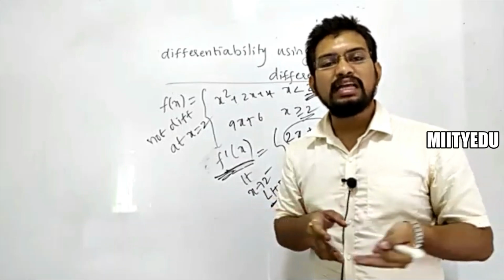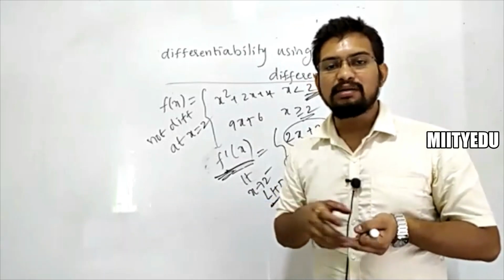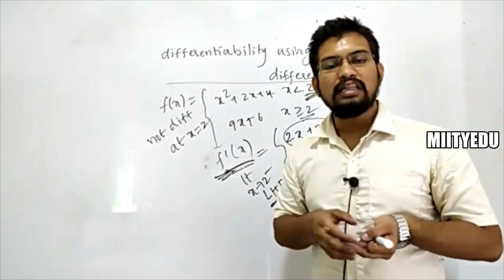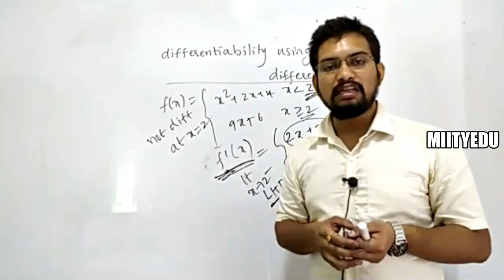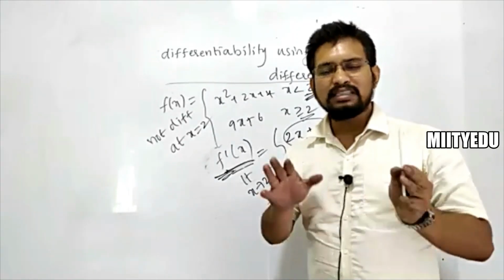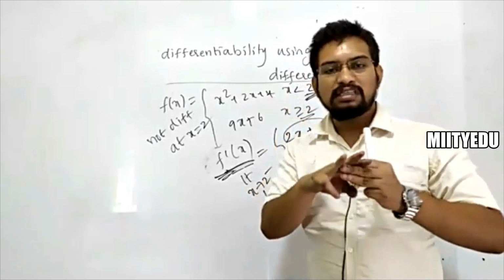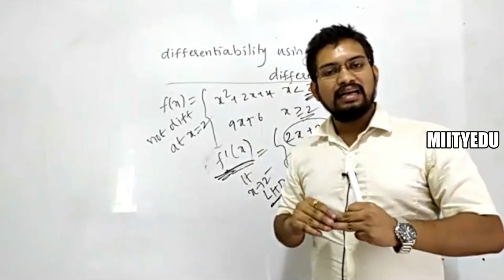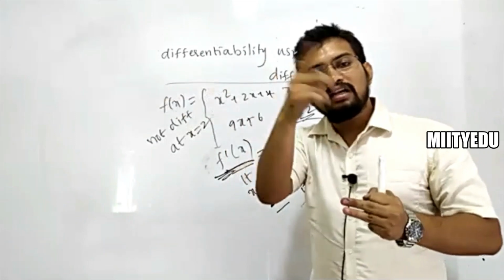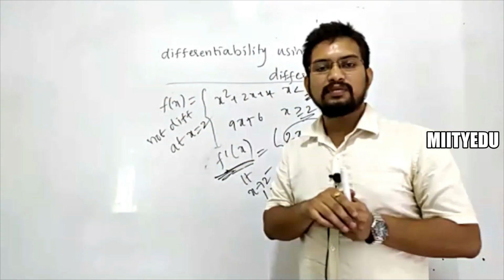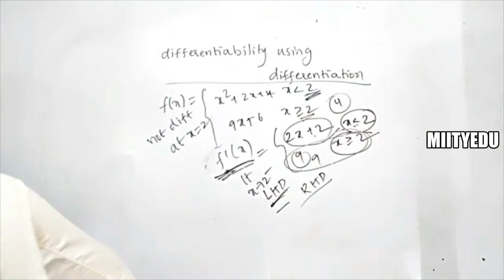If those both are equal, you'll say the function is differentiable at that point. If those both are not equal, then you'll say that the function is not differentiable at that point. Hope this is clear. Very simple. If you follow continuity, here is just one more step extra: differentiate that, then check for the continuity excluding the value of the function term. Right? Next.